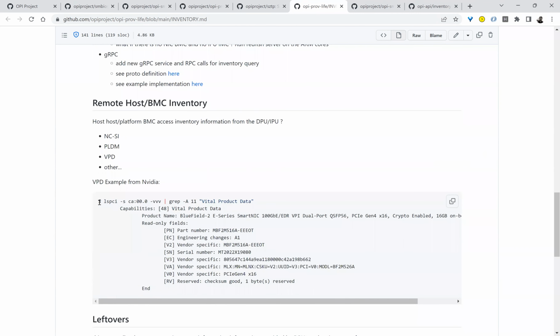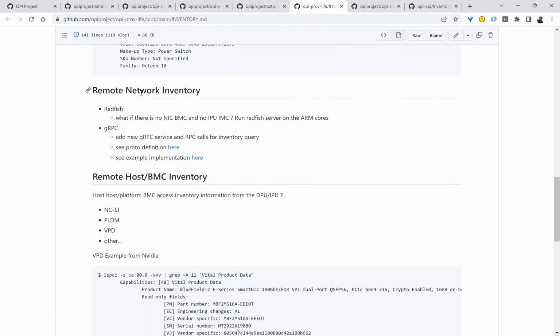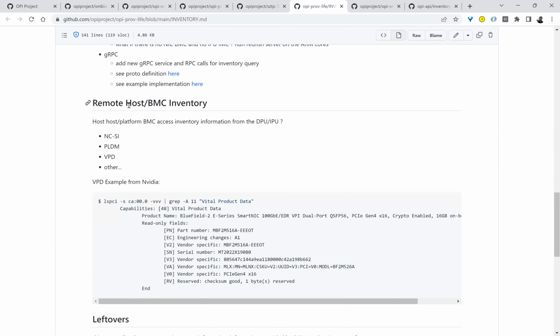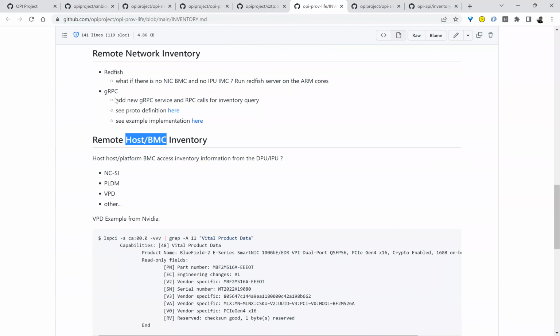Okay, so let's move to the next topic, remote inventory. We talked about network. This remote inventory, I call it host or BMC inventory. When an application is running on the host and a DPU is inserted in the host, we feel that Redfish and gRPC are not the best methods. They can be used as well, but they're probably not the best methods to fetch all the remote inventory information